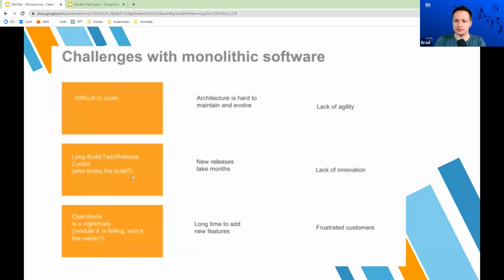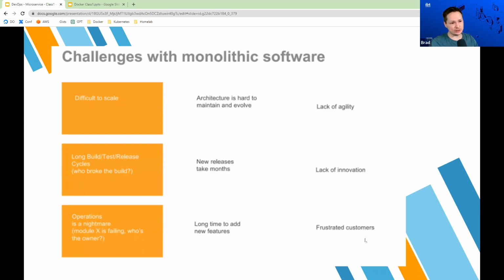This also causes long build times and release times. We sort of went over that. Basically, every time you make a change on your monolithic application, it's got to rebuild the entire code base. It's got to run every single check. So this takes a long time as well. And then finally, maintaining a monolithic application becomes quite difficult.